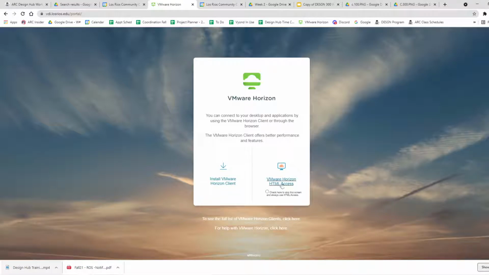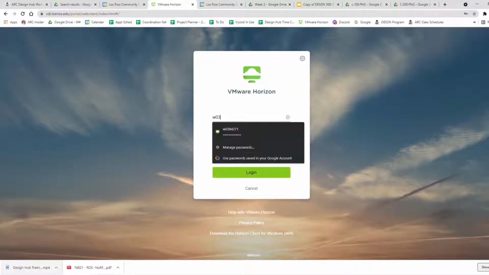But here we go. So I went to here, and I'm going to do this one, which is the web browser. You can put it on your computer and have it installed in your computer. There are a few little advantages, but I find this one works, and it works wherever I am. So I'm going to go to my HTML access and do my W number